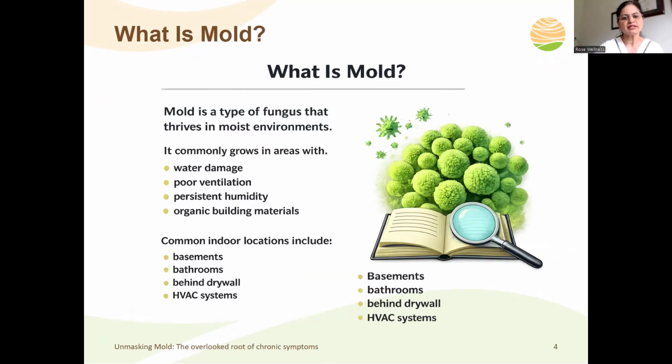So what is mold? Mold is a type of fungus that thrives in moist environments. We've seen mold on a tree. I'm looking outside the window and there's a tree with mold on it. That's not necessarily what we're talking about. There are specific molds that can grow in areas where there's water damage, poor ventilation, persistent humidity, and organic building materials that are exposed to humidity. Generally, we can see it in basements, bathrooms, kitchens, underneath the drywall, and also in